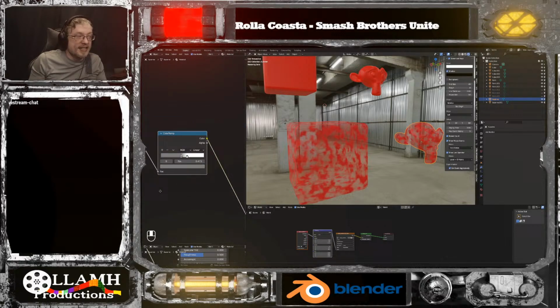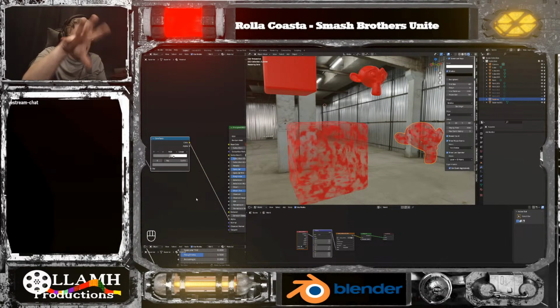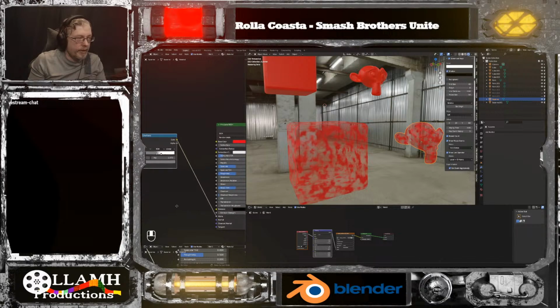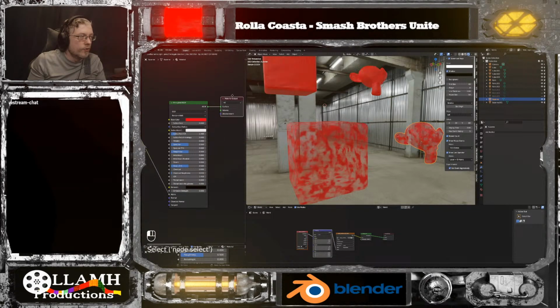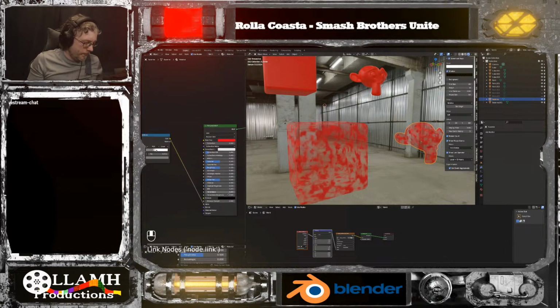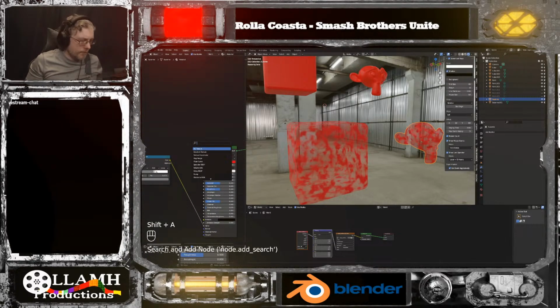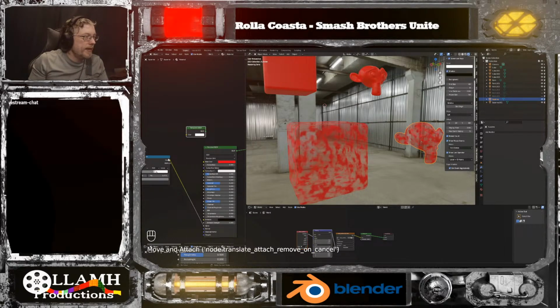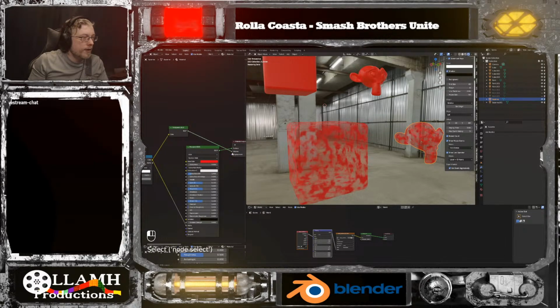There's nothing inside of that. For that, we would actually need to plug things into the volume, which really just screws things up because that's not really a volume thing. However, just out of curiosity, if we take a transparent BSDF and plug that into the volume, and we say, hey,